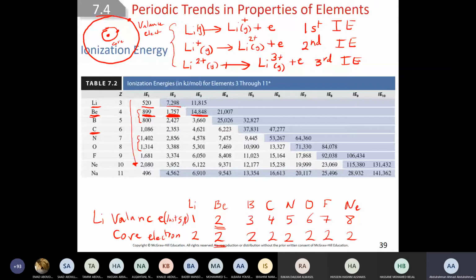Look at the number of valence electrons. How many? 4. So look at the numbers for carbon: 1, 2, 3, 4. 1,000, 2,000, 4,000, 6,000, then 37,000. Okay, I hope so. Good. When do you expect to see the biggest